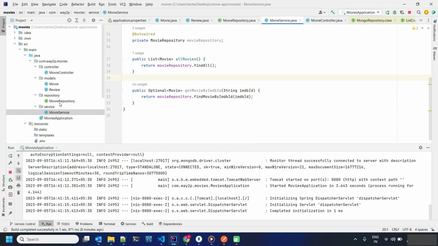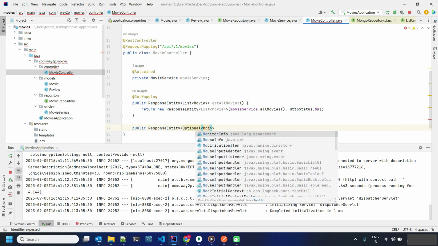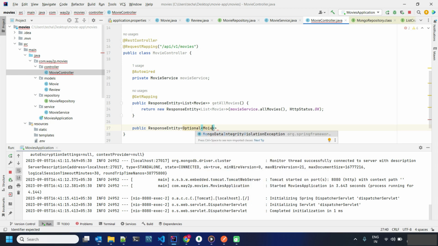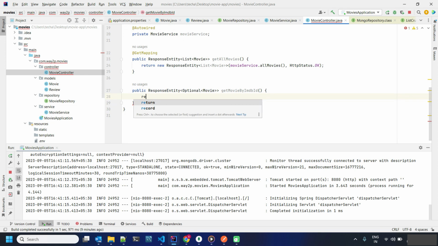So go to our controller, public ResponseEntity. It will return the Optional of Movie, right? getMovieByImdbId, and then return